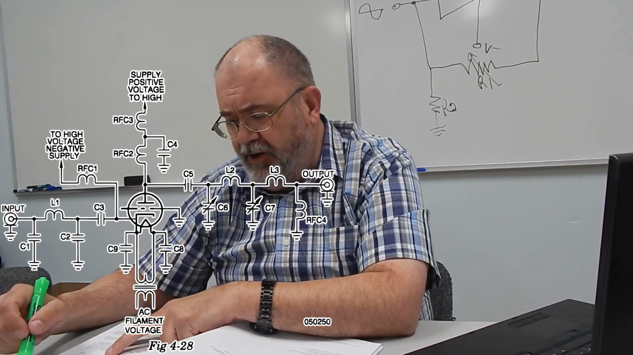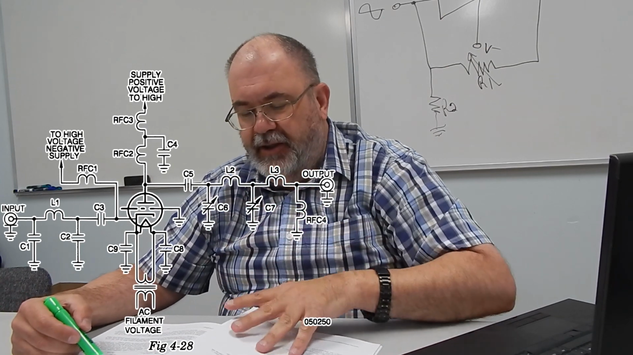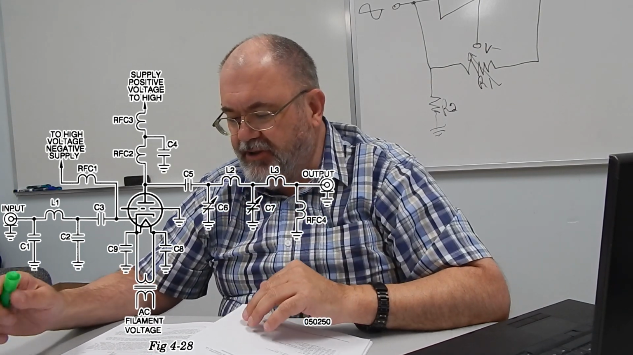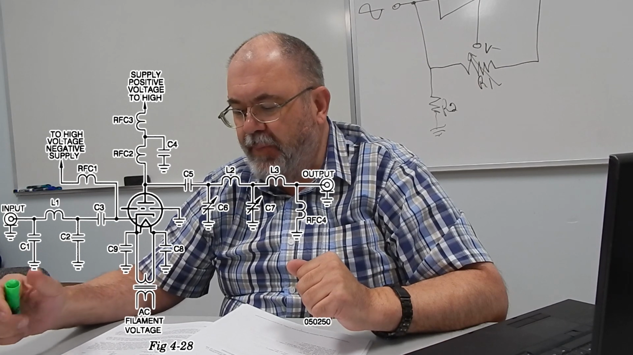The grid of the tube, which is kind of that screen thing in between the 2 plates, is grounded because this is a grounded grid amplifier. Surprise, surprise. And then the anode, or the plate, which is the top portion of the tube, if we just go straight up from there, you'll see we go through a couple of RF chokes and one C4, and we go to